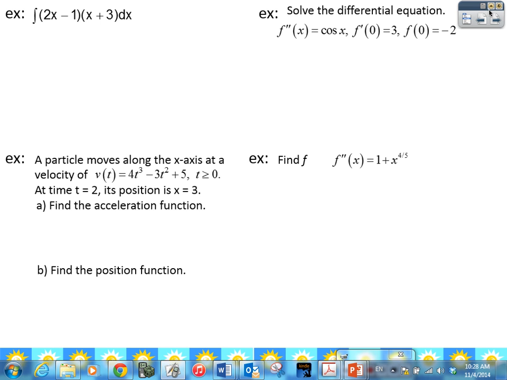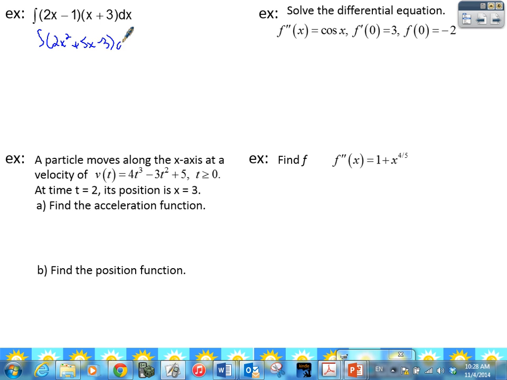So that's what we're going to do. We're just going to multiply it out, and then we're going to take the integral piece by piece because they're separated by pluses and minuses. That's the only thing we have going for us: if it's pluses and minuses, we can do them independently. So let's do that. Let's first go ahead and just multiply it out. So that gives us 2x squared plus 5x